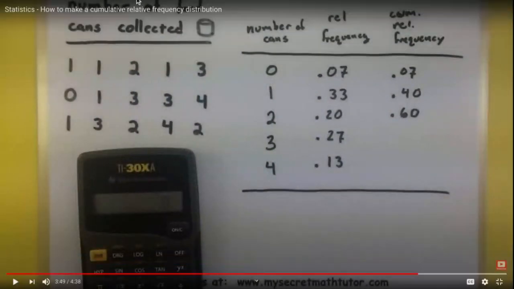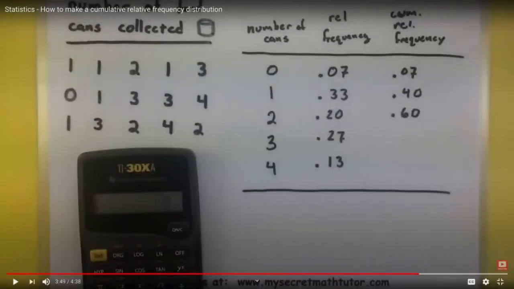And so when you add them all up, what's your final answer? 1, exactly, Wellington, exactly. So this should always add up to 1, because basically all you're doing is adding these